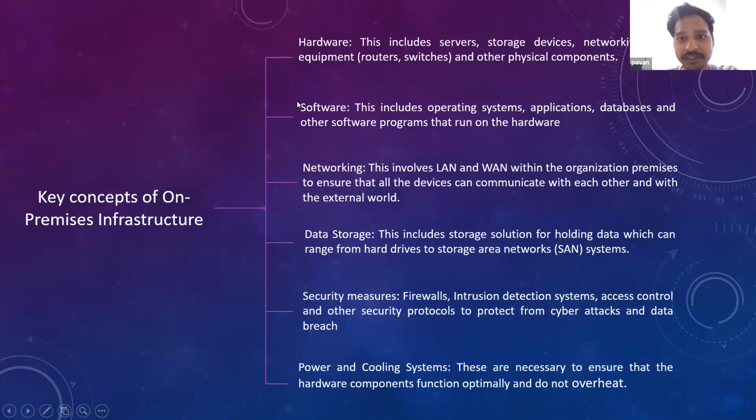Some of the key concepts of on-premises infrastructure are hardware, which includes servers, storage devices, networking equipment like routers and switches, and other physical components, and software, which includes the operating system, applications, databases, and other software programs that run on top of hardware, and also networking, which includes LAN and WAN within the organization premises, just to ensure that all the devices can communicate with each other and with the external world, and also data storage, which includes the